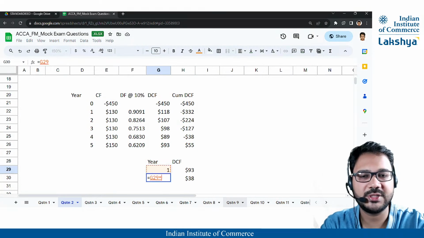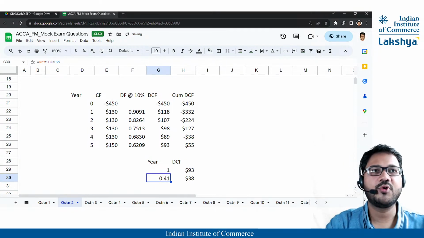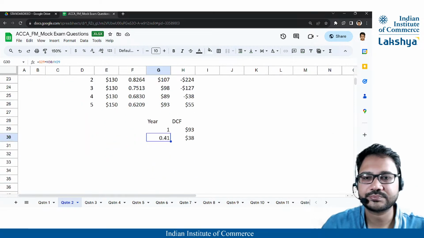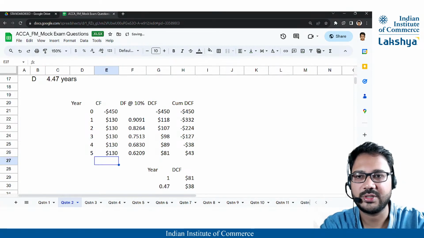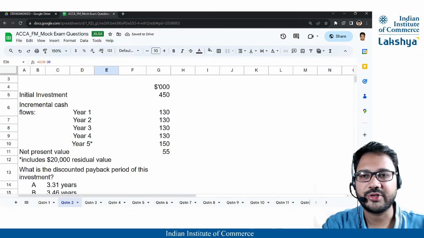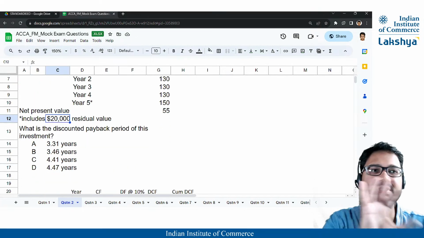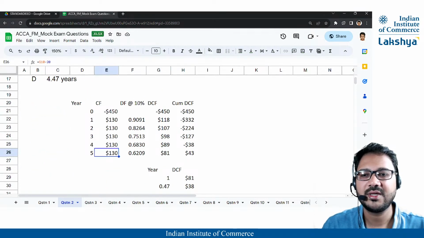All right. So simple cross multiplication. That is 0.407, or we round it up to 0.41. Okay. So actually, wait a minute. This will be minus 20. Okay. Sorry. It's residual value. It's not a cash flow. It's not your scrap value. It's just residual value, which is left. Okay. It's not sold or anything. This includes, so 150 includes this. So we should be excluding it.